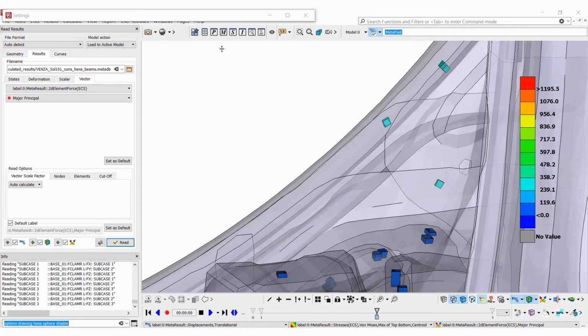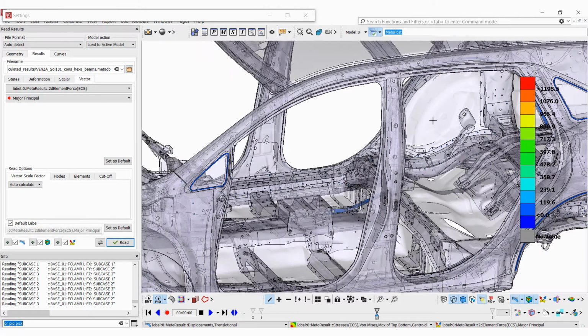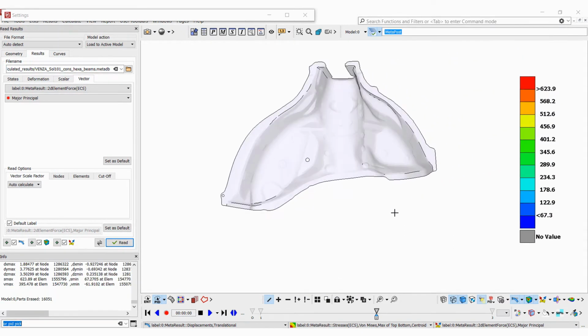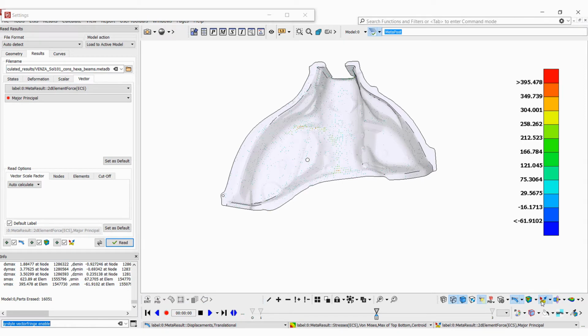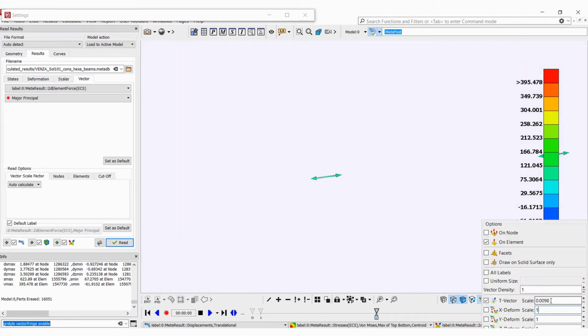We will now proceed to showing some enhancements in the drawing of 3D vectors. If we keep only one part visible, say this one, and we activate the vector fringe, the vectors are drawn too small, so we'd like to change their scale factor. We go back to the vector fringe options.